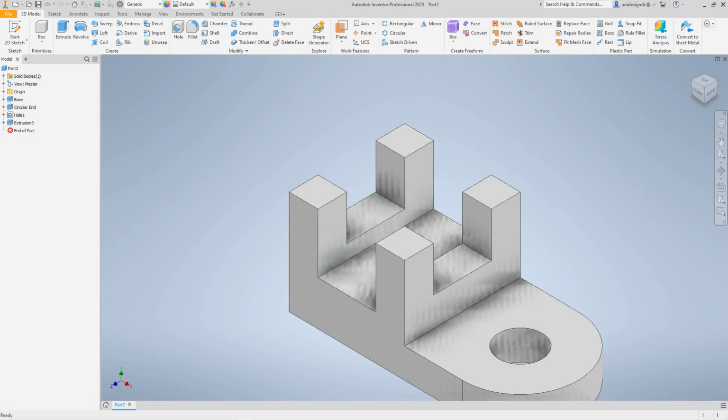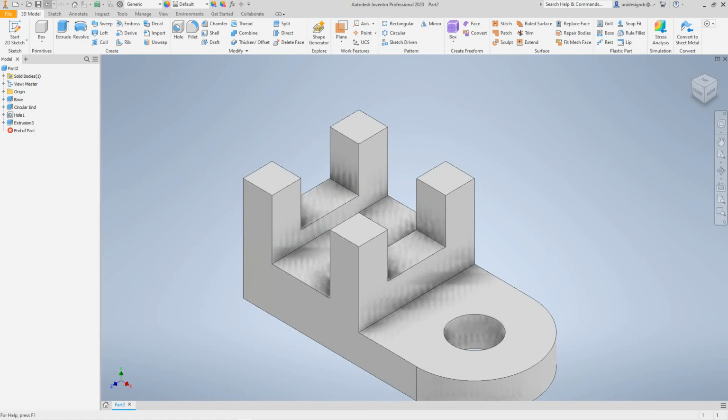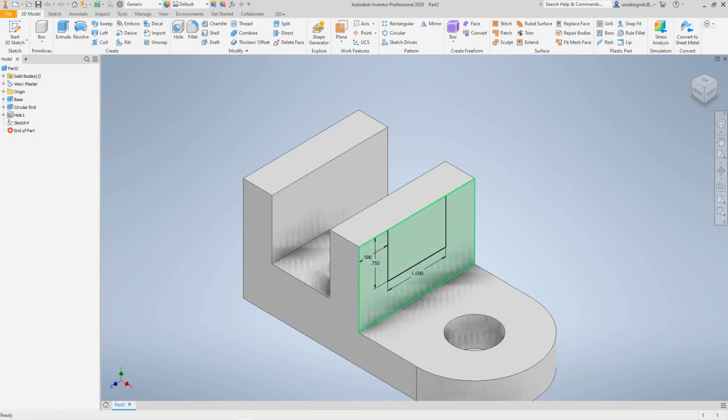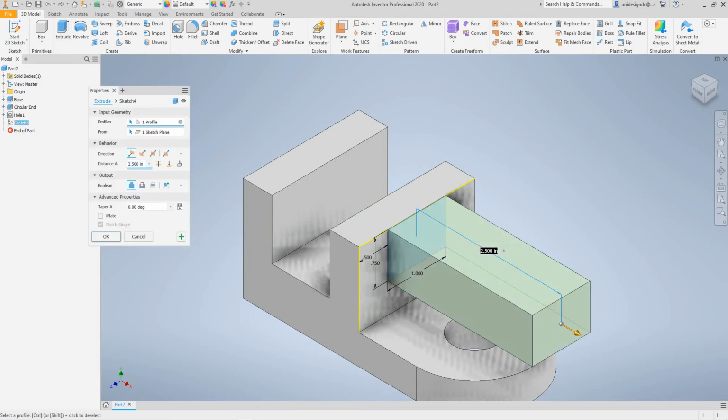I want to go back. I didn't want to do it that way. I want to just do the one. I don't want to go through all. So I want to just select this one. I want to extrude. And this extrusion distance is going to be a 1/2 inch here. And it's going to go